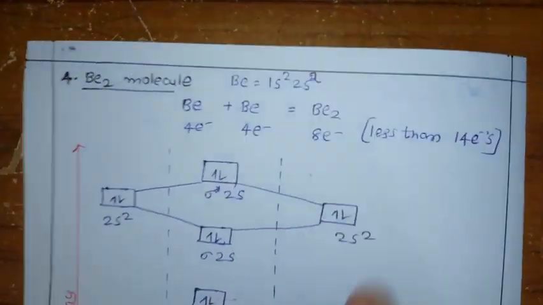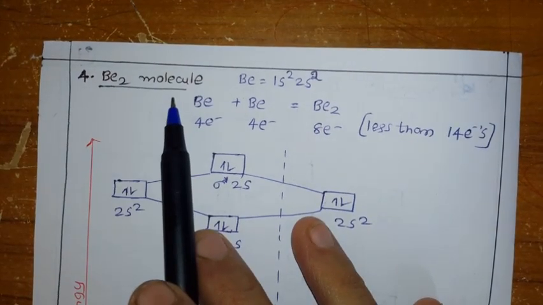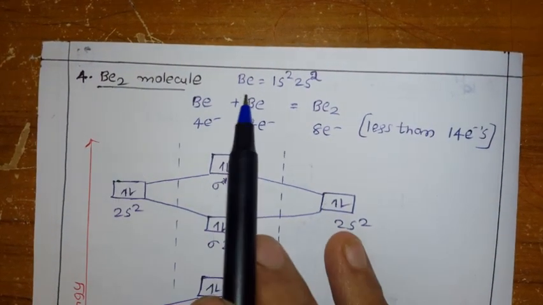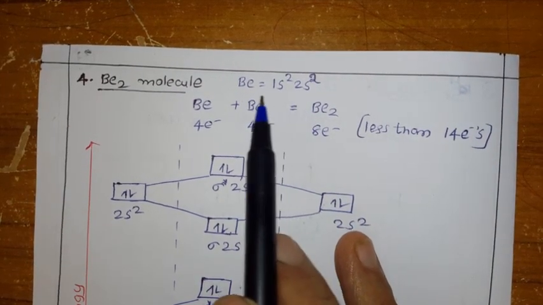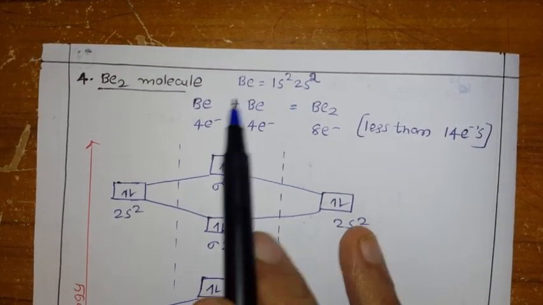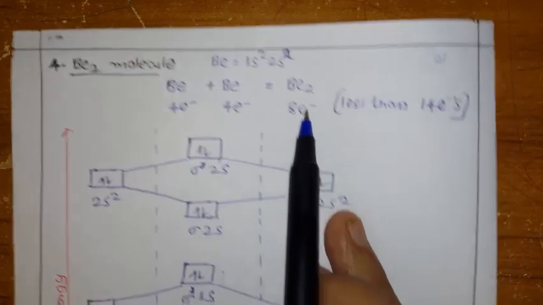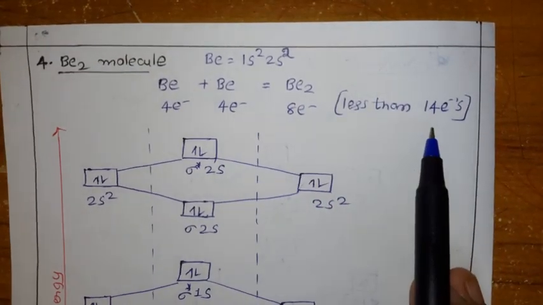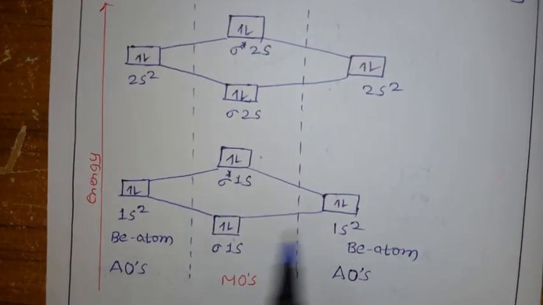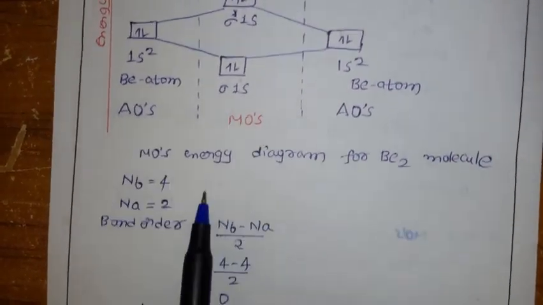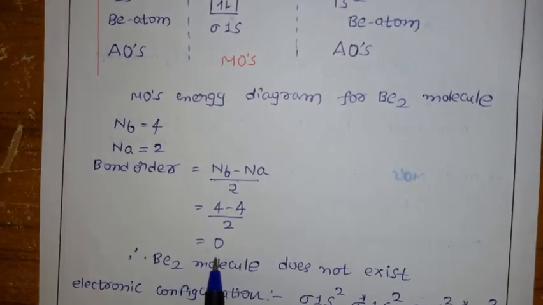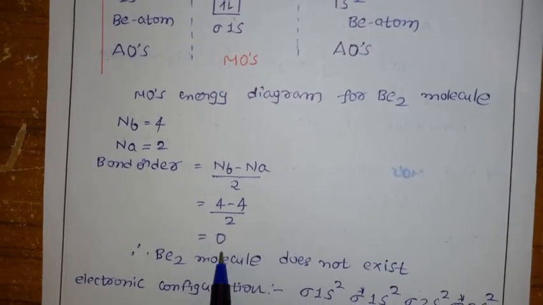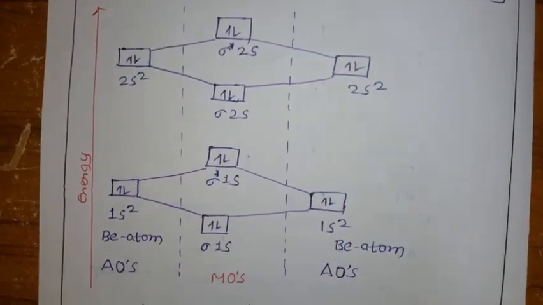Yeah, next we have beryllium. I'm going for a rough explanation. Okay, Be2 means what? If you go for beryllium, 1s2, 2s2 electronic configuration. So 2 beryllium atoms means total we have 8 electrons. This is also a case of less than 14 electrons. So you have to draw the molecular orbital energy diagram. After that you have to calculate how many bonding and antibonding electrons there are. Okay, if 0 is coming, the molecule does not exist. So just work it out for the beryllium molecule. Next we have